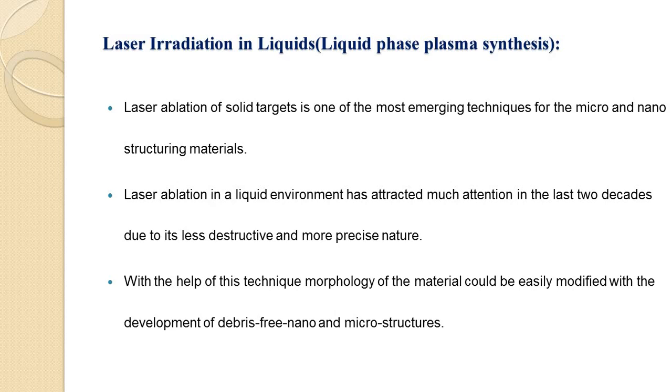The nanostructuring of tungsten in water by employing Nd:YAG and Ti:sapphire laser pulses shows improvement in its thermionic properties. Aim of the present work is to determine optimum conditions for the growth of micro and nanostructures on the brass target after ablation in the wet, that is deionized water and methanol, and dry, that is air environment.